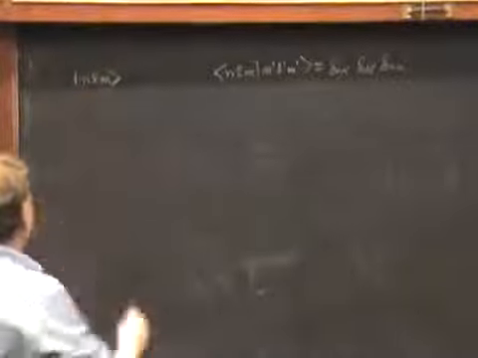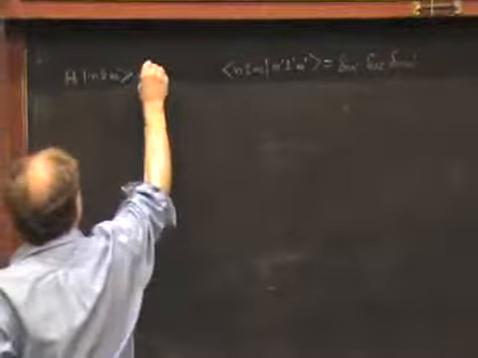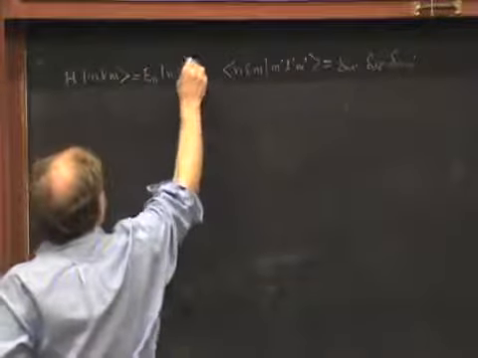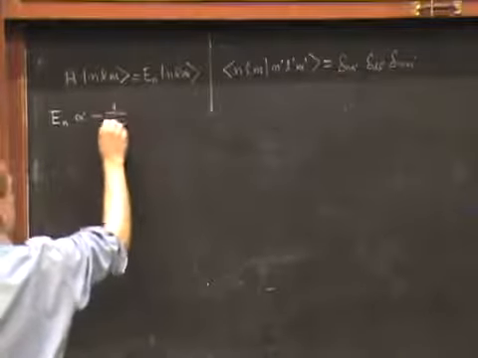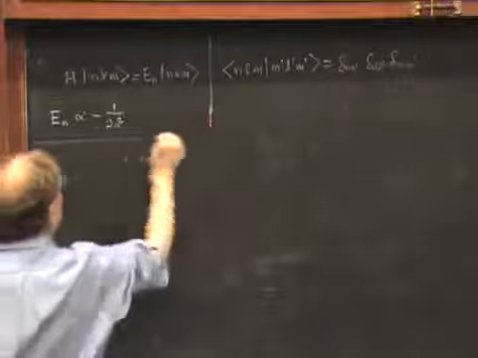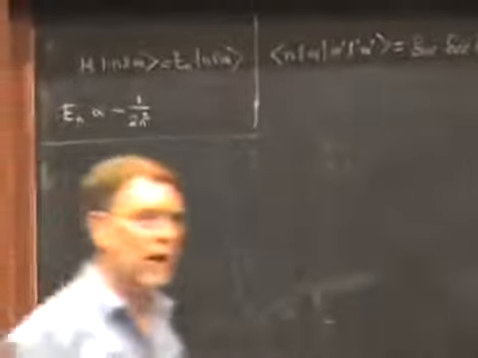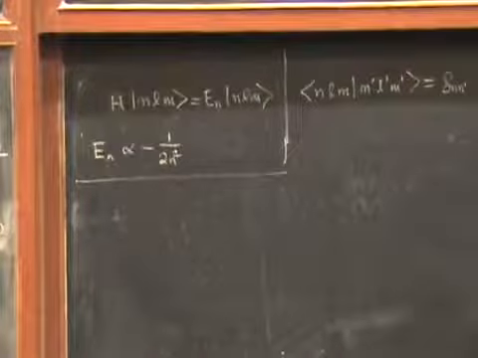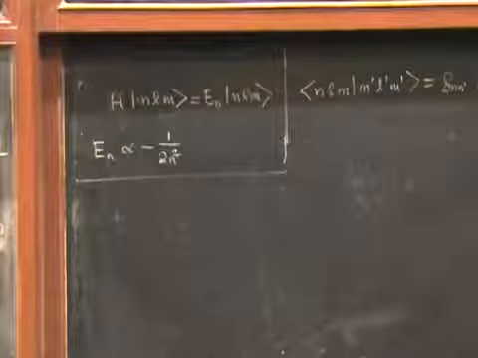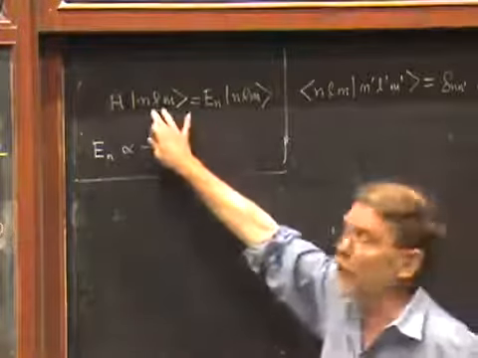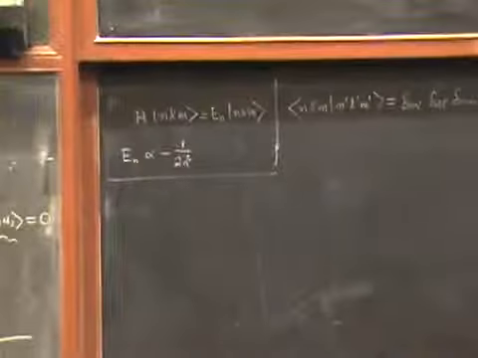But the energy eigenvalue only depends on n. The Hamiltonian acts on this and gives us E_n times |nlm⟩, where I think you know that E_n is proportional to -1 over 2n squared. But the point is it depends only on n and not on the two other quantum numbers. And this means that the eigenspaces of the hydrogen atom Hamiltonian are degenerate, and the l and the m correspond to the r index I introduced earlier, which just indicates, in effect, an arbitrary choice of an orthonormal basis in each of the energy eigenspaces.